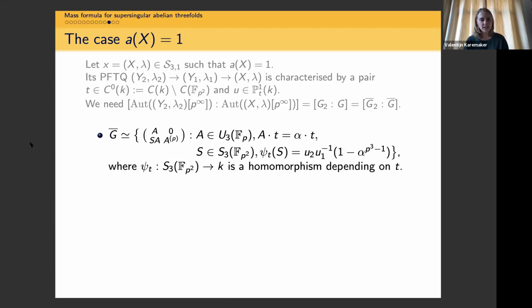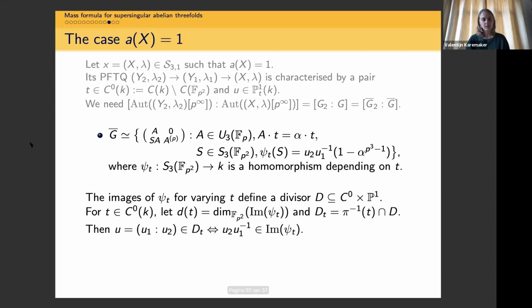And S is again some symmetric matrix that satisfies this condition that its image under a map psi T is prescribed and depends on U. So we see that we have both a T and a U in this definition here. And psi of T, I didn't want to write down the full definition, but it's a homomorphism from the symmetric matrices into K that depends on T. Okay,